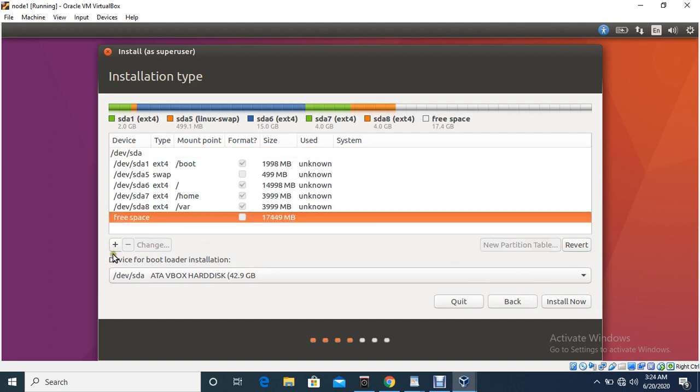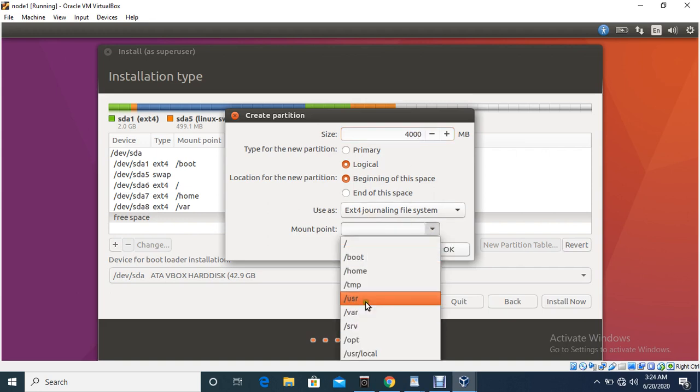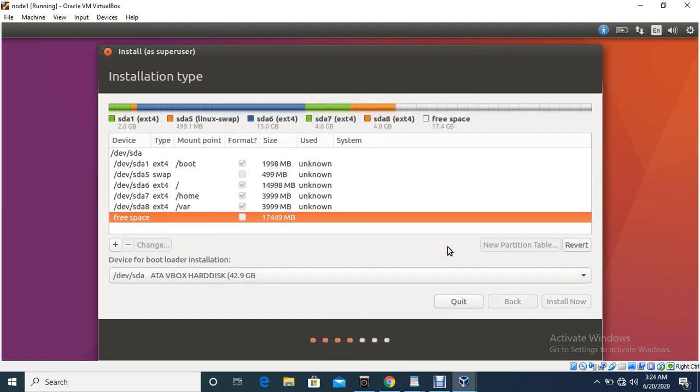Okay, so let me now create /tmp. So for /tmp also I'm going to give 4 GB, same ext4 and /tmp. So /tmp means temporary, like you can store temporary files in the /tmp directory.